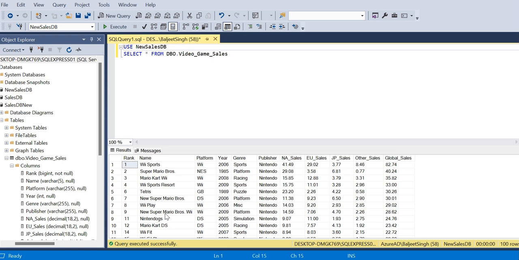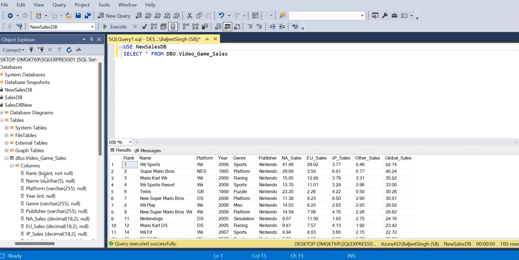Now, whether we use direct query or import mode when loading data into Power BI, the types of data in the relational database will determine this. So, the types of those columns when they will be operated on by Power Query. If you want to see the types of each of these columns, I will expand the menu here, and if I expand the menu of DBO video game sales, then the menu of columns you can see here, not just the name of each column but also the corresponding type.